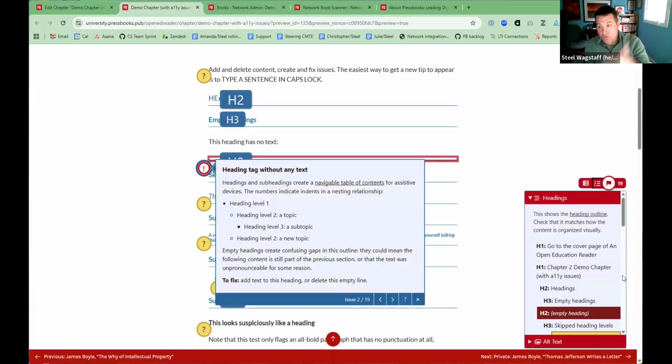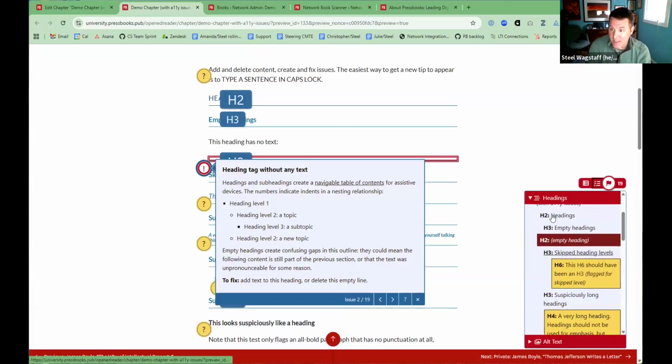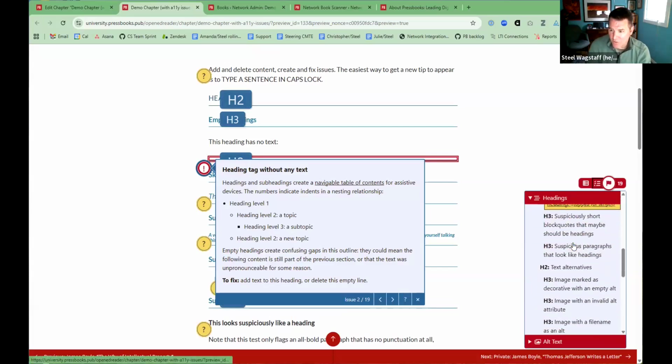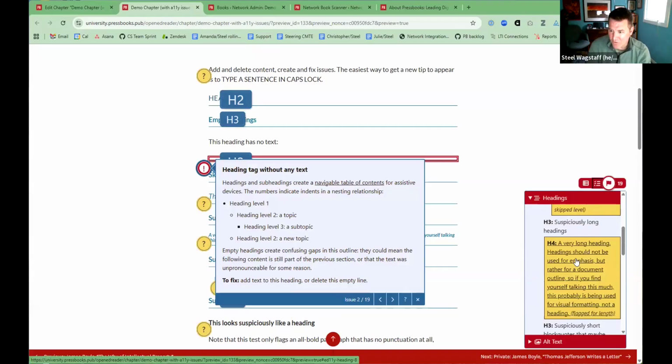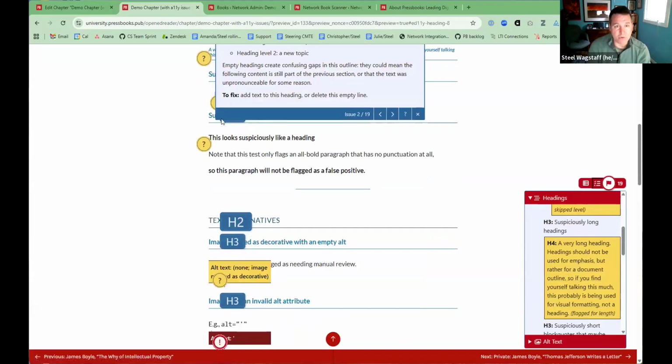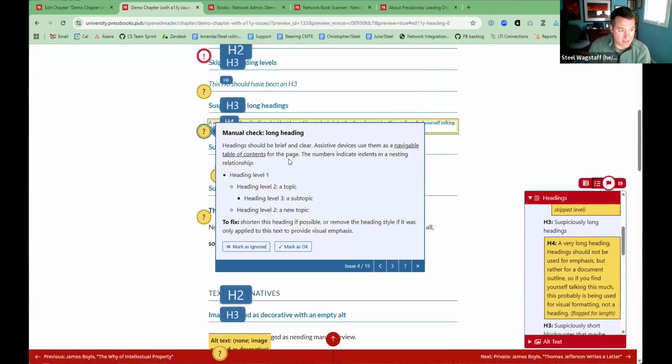So this heading tool also lets me look and see, here's my heading structure. Wait a minute, this one seems out of order, H4. Let me click on this and it will jump right to the heading and let me see where that's at in the document. So you can do it from the document, or you can do it from the heading tool here. Headings are a really common accessibility problem, and they can be confusing for folks. So these tools try to make it easier to understand what the heading structure actually is in my document and how I can fix it quickly.